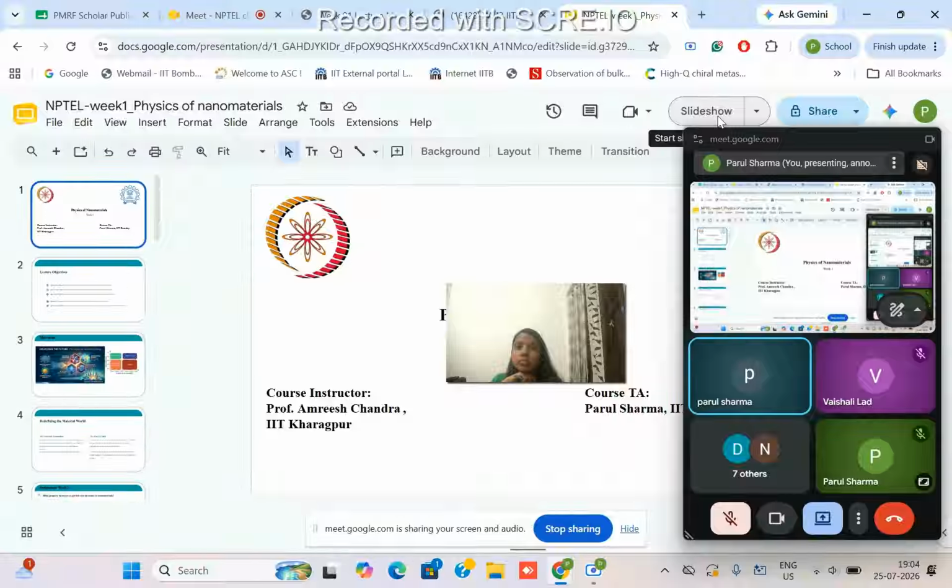So next is, so we saw the electronic properties, optical properties, mechanical properties, all are getting enhanced. Now how the magnetic properties are getting improved. So there is one phenomenon called superparamagnetism, which